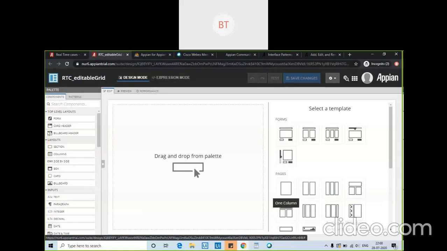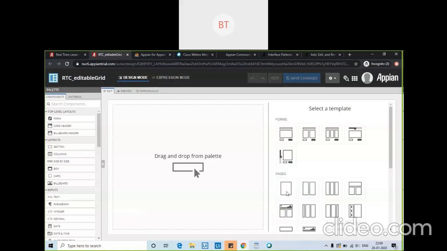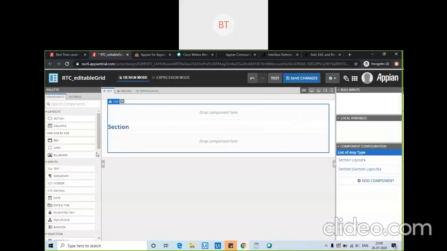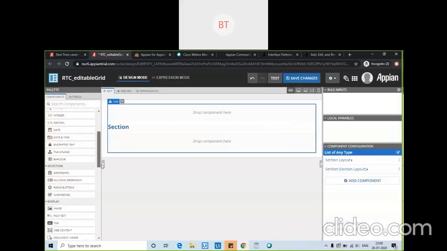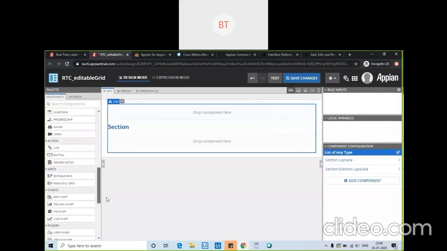Okay, same way I will choose this layout. I will choose this layout. Okay, and then I will first delete this thing.